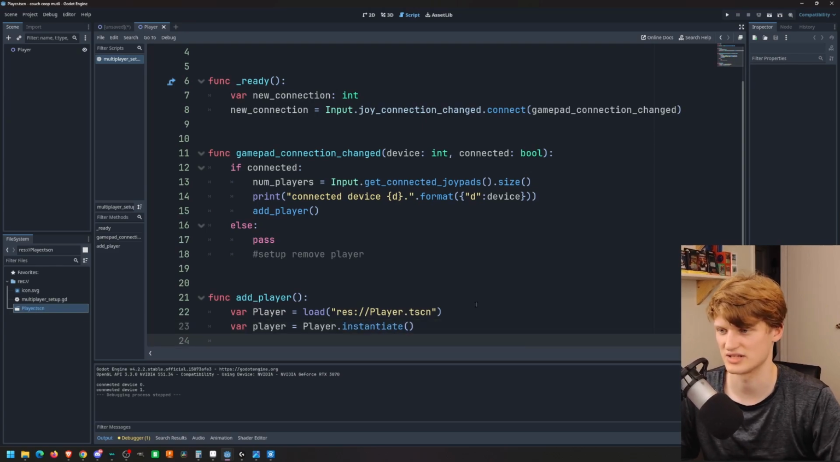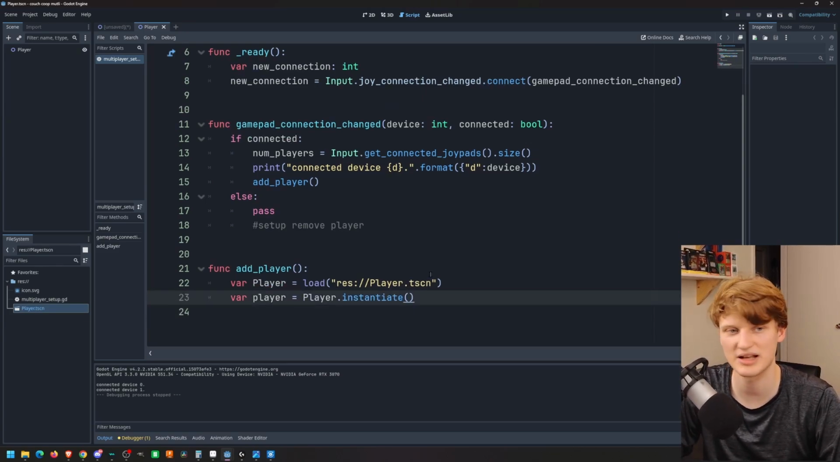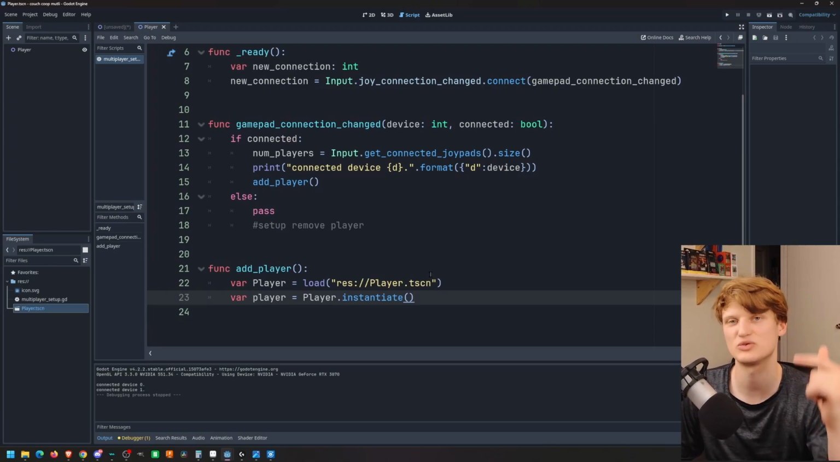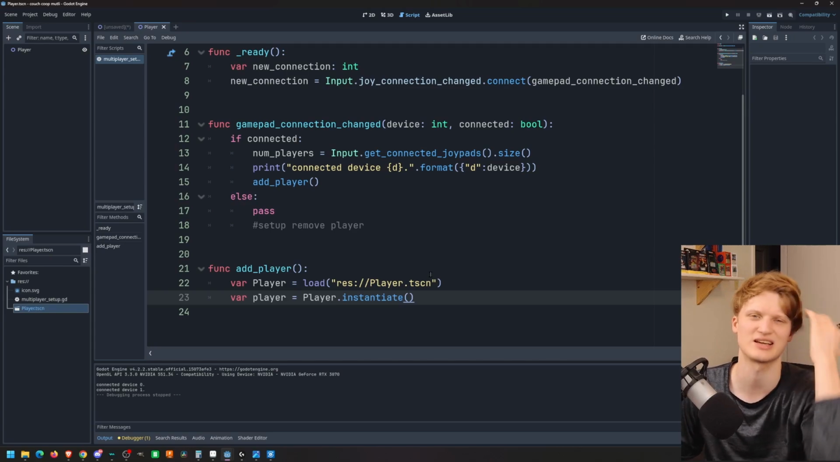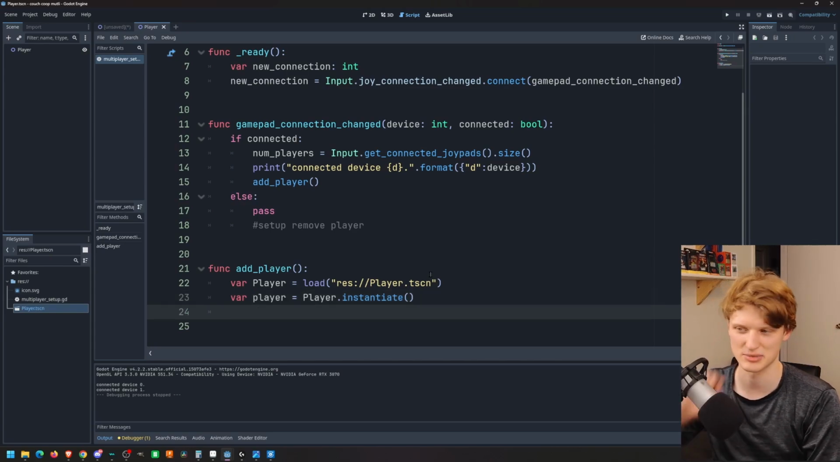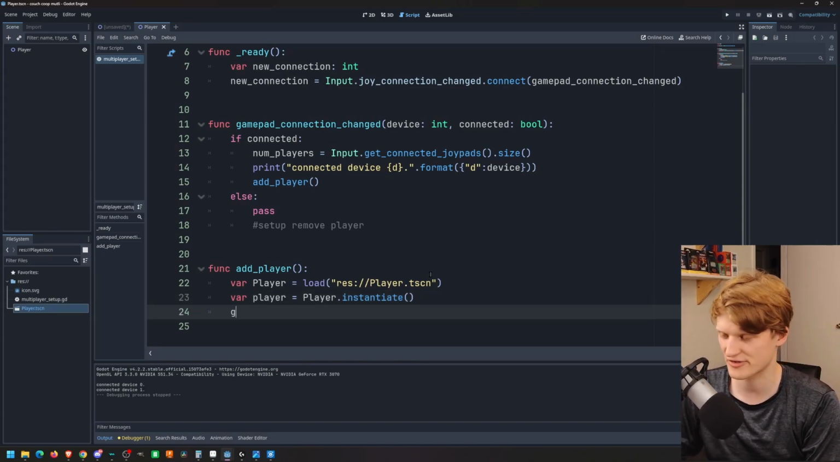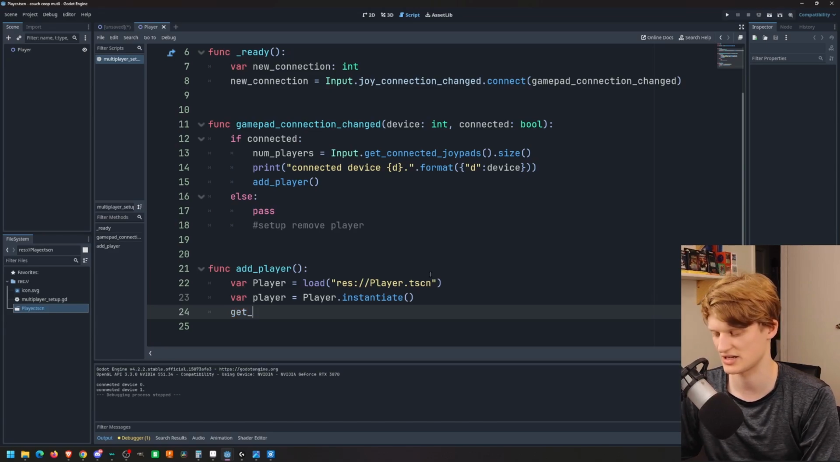I think that's how you do instantiate, right? So we're gonna instantiate that player. You might want to add that player to a certain group or tree. I'll leave that up to you. I've added my players into groups so I can organize them and find them a little bit easier. But for the sake of the project, we're just gonna do get tree